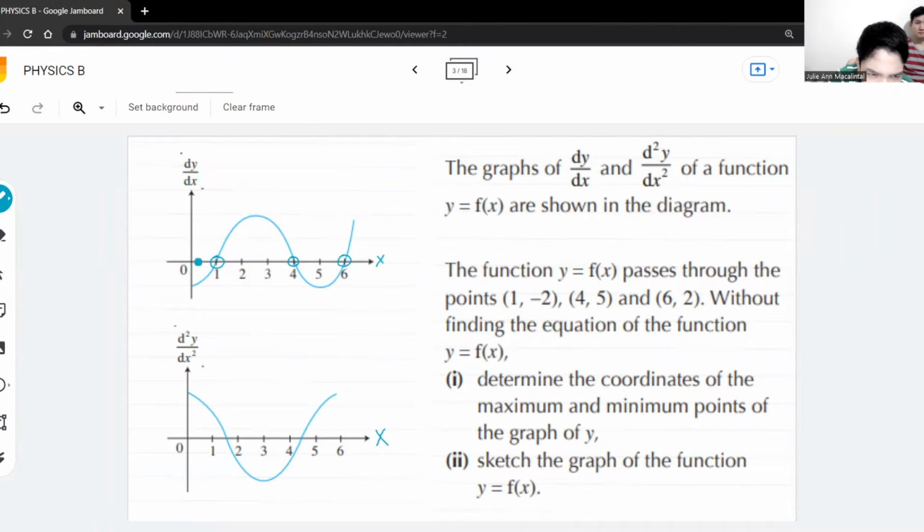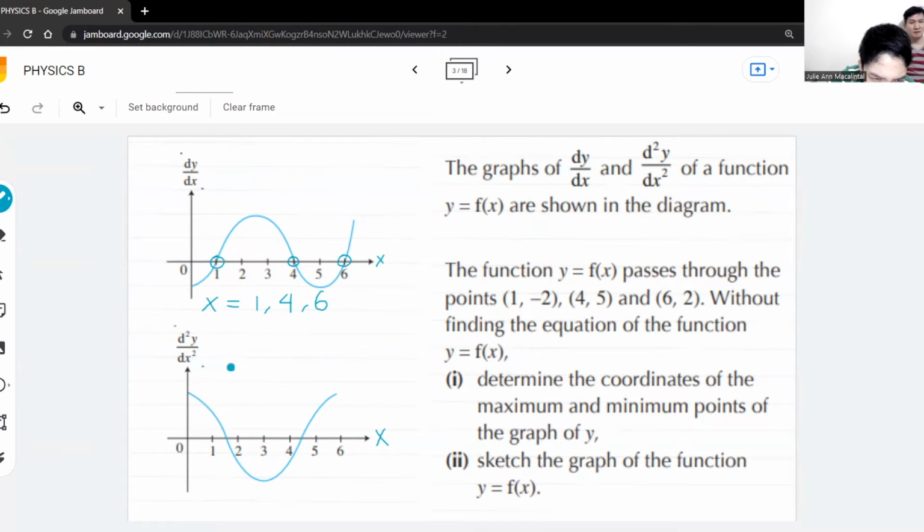So here, dy/dx is equal to 0 at x equals 1, 4, and 6. Therefore, the stationary points of f(x) have x values 1, 4, and 6. Okay. Now,